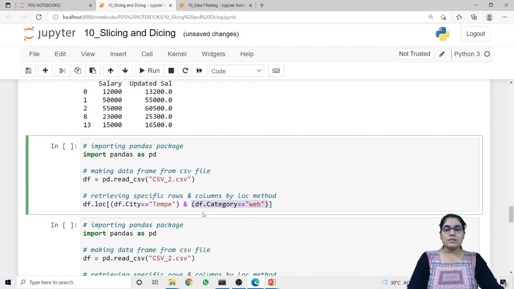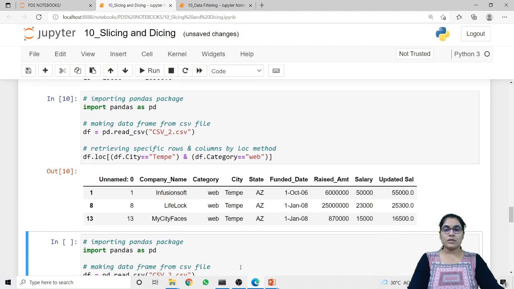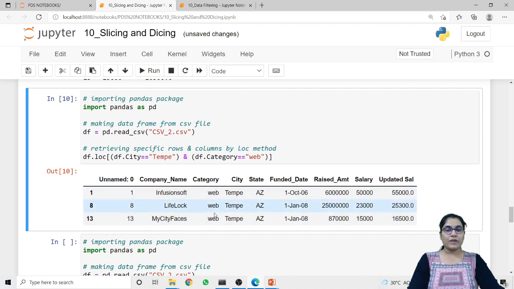So what it does, it will match the records with this condition, and all those records that satisfy this condition in which the value of city is temp and value of category is web will be returned as a result. So let's run this code. So as you can see, I am getting 3 records in which the value of city is temp and value of category is web.